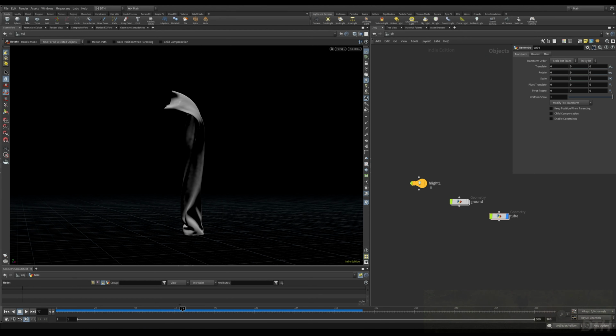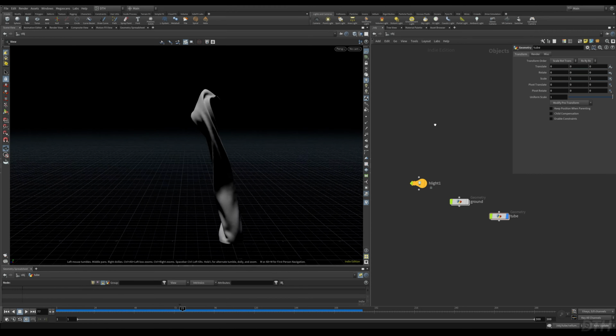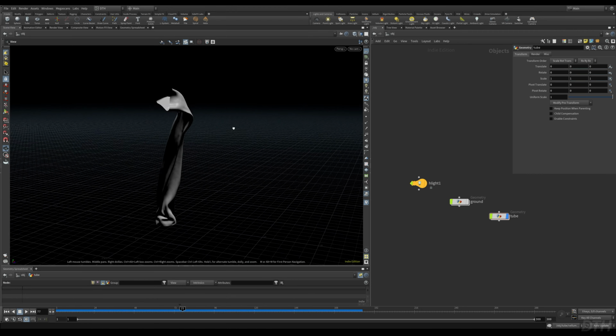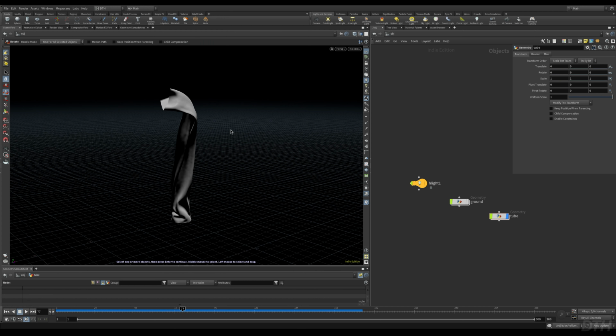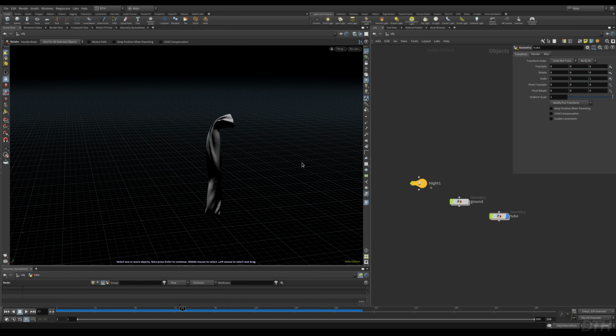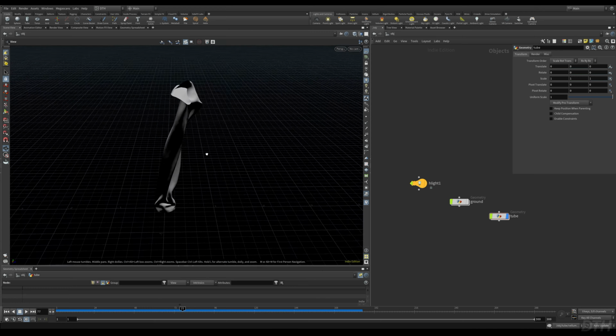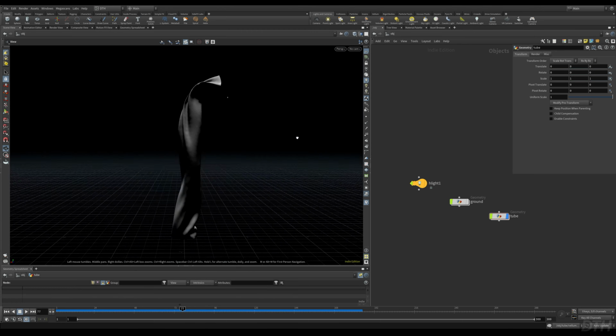Okay, so here we are in Houdini. The whole idea for this little test was for further exploring the OpenCL Pyro simulation tools that are now in Houdini, and also Karma XPU rendering with my new GPU. I had seen a video by John Coons where he had created these tubes emitting foam, and I thought this could be a fun test, but instead of foam we could have it emitting smoke and do a pyro